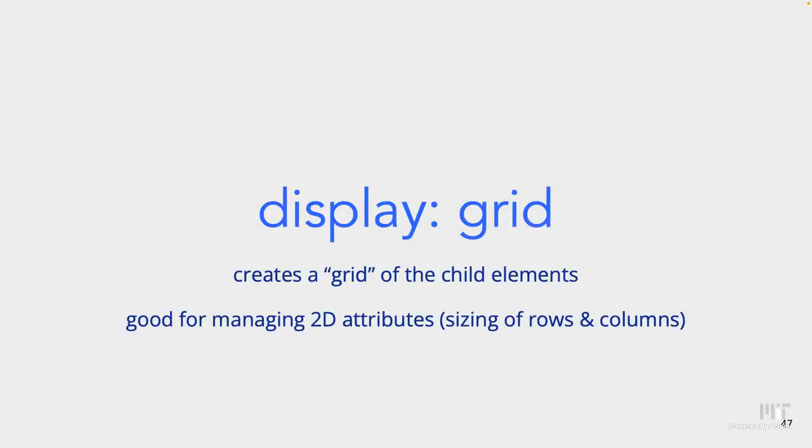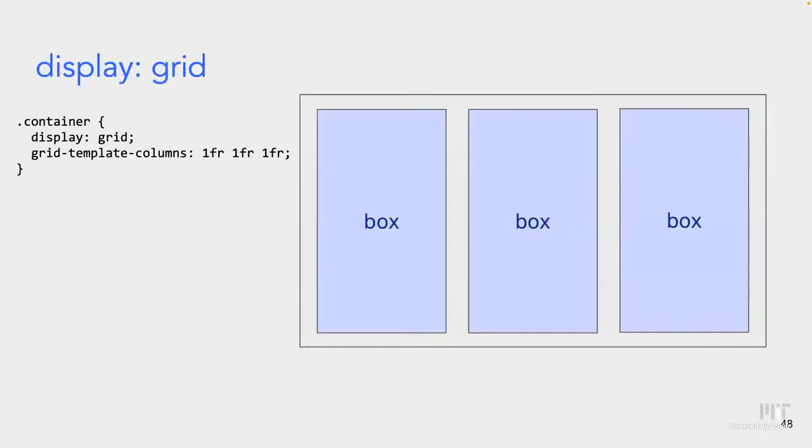One more type of display that you might come across is the grid. As the name suggests, it creates a grid of child elements. And it's nice for creating 2D displays of things, because you can customize the size of the rows and columns and the number of rows and columns. If we have something like this,